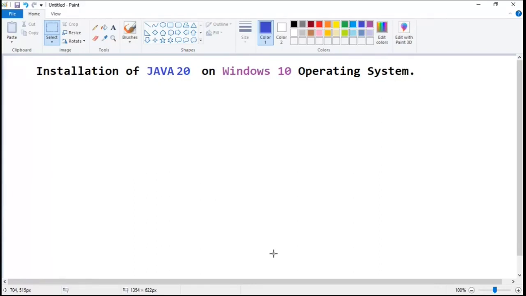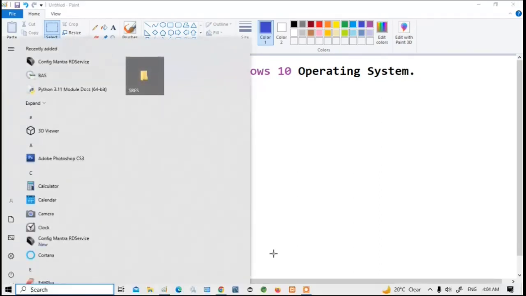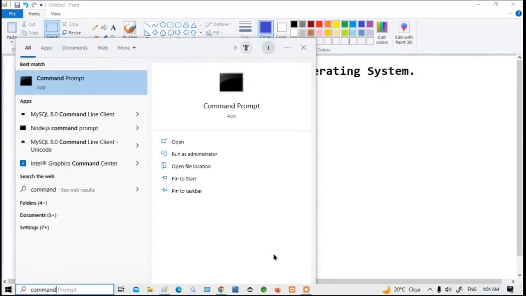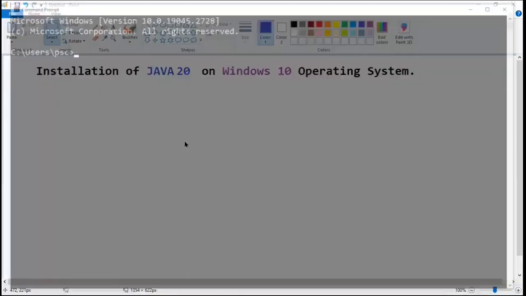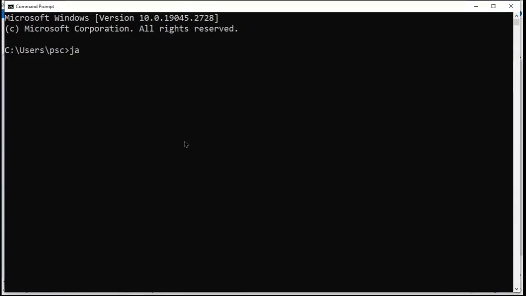For that, first of all, you need to press the Windows key which is present on the keyboard, and then type command. Okay, means you have to open the command prompt. Open the command prompt, and on command prompt type one simple command, that is java space hyphen version, and